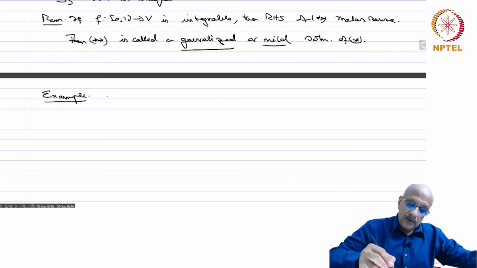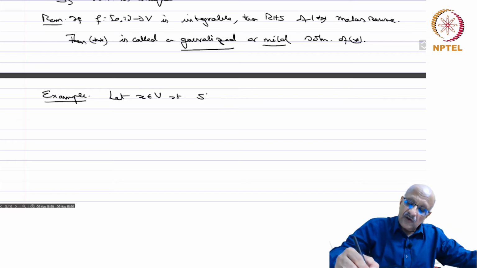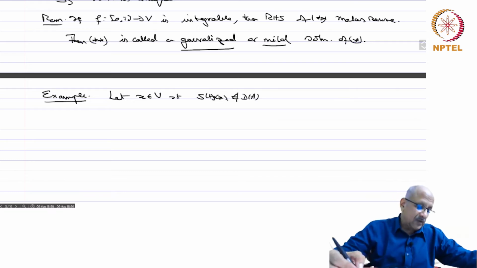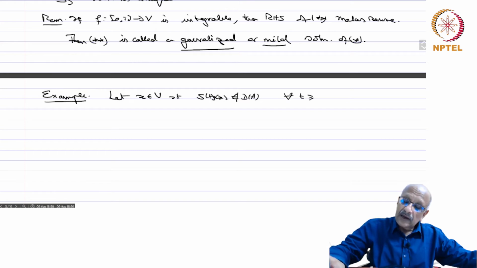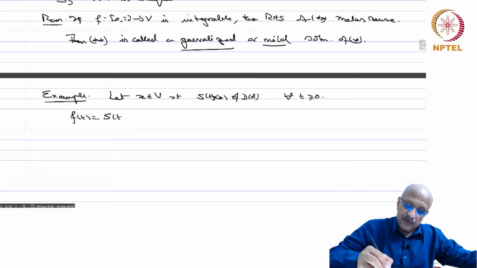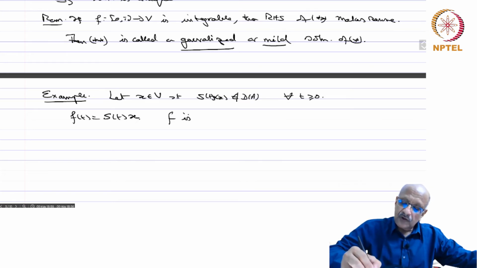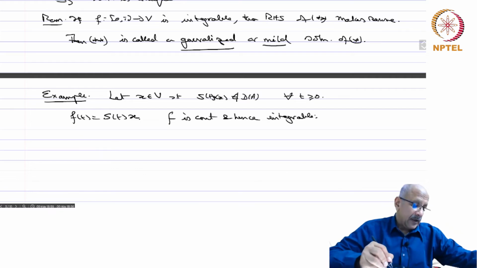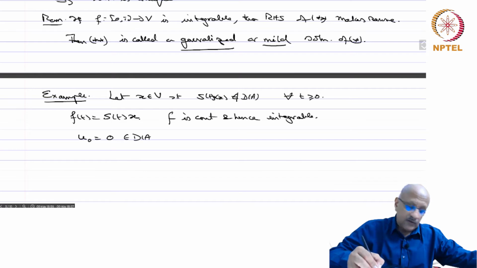Okay. So, let x belong to V such that S_t of x is not in D(A). So, if x is not in D(A), this can happen. Otherwise S_t of x is always in D(A), for all t greater or equal to 0. Now, you take f of t equals S_t of x, then f is continuous and hence integrable. So, now you take u0 equal to 0, which of course belongs to the domain of A, and then